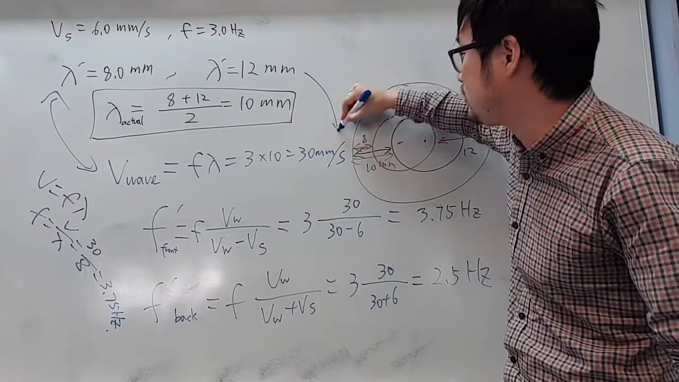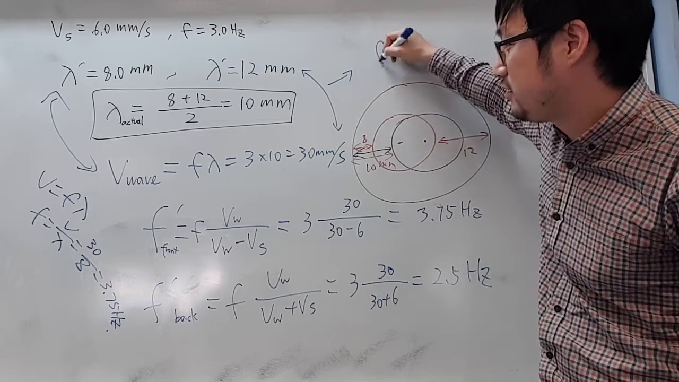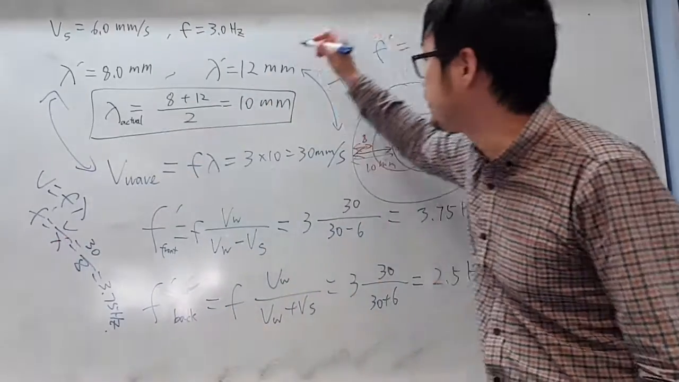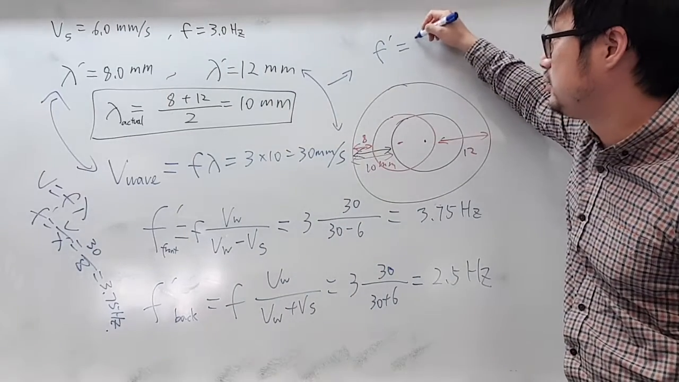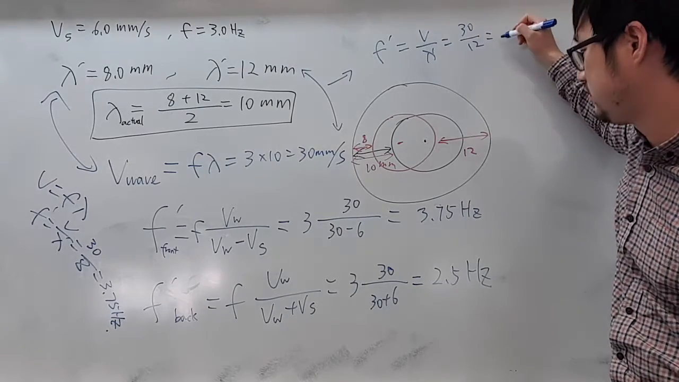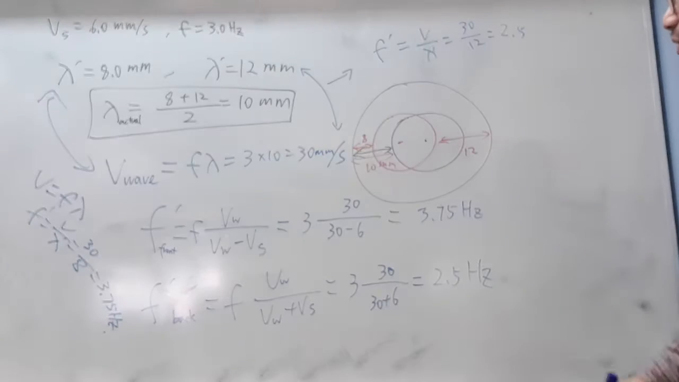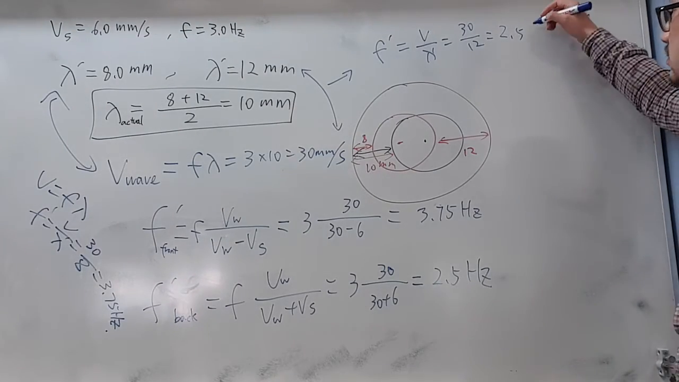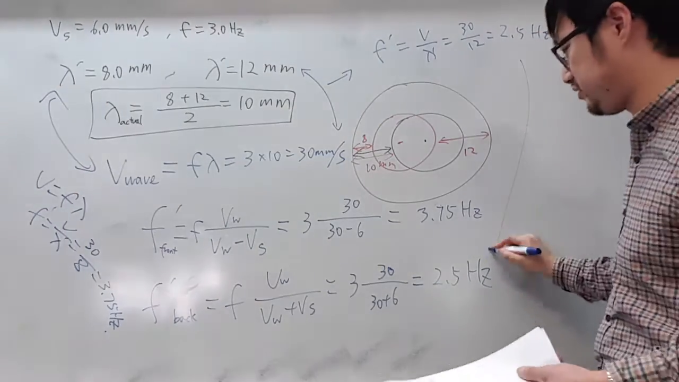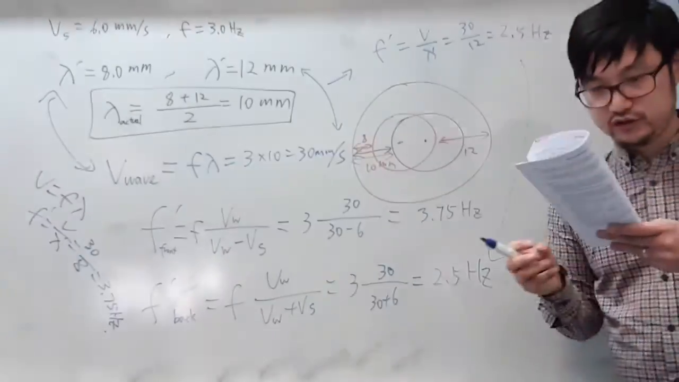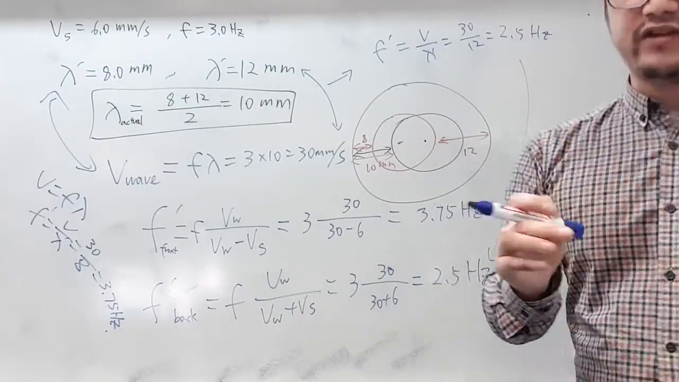But if we add these two together, we will be able to calculate the perceived frequency over here, which is going to equal V over lambda dash. So that becomes 30 divided by 12. That gives me 2.5 hertz. So it should match this one over here, right? Okay, so that is how I would do this question. But I just need to have a think. Why does